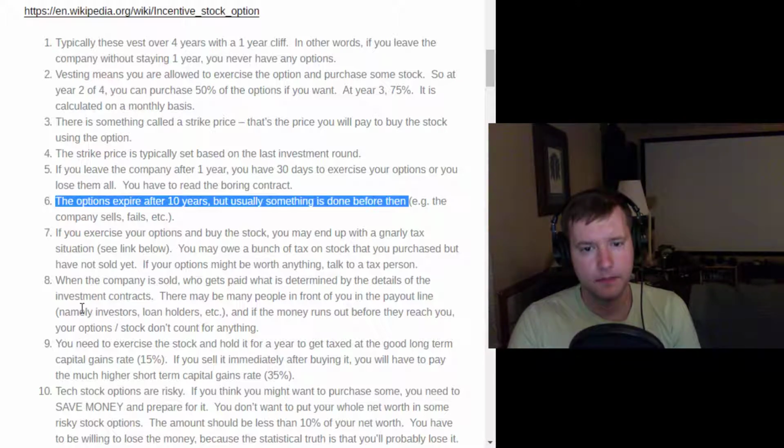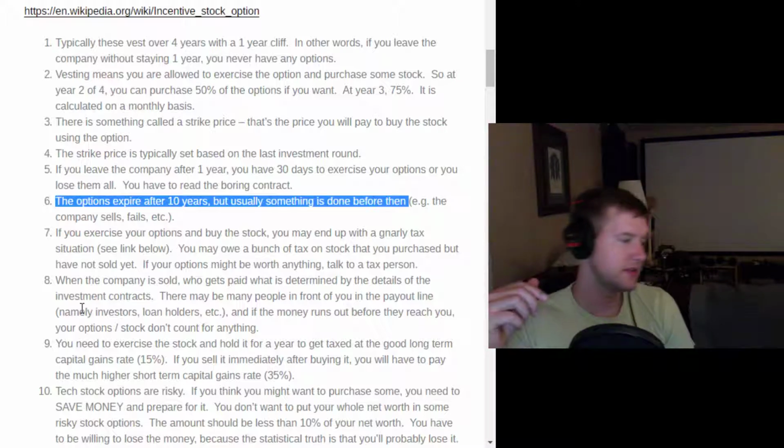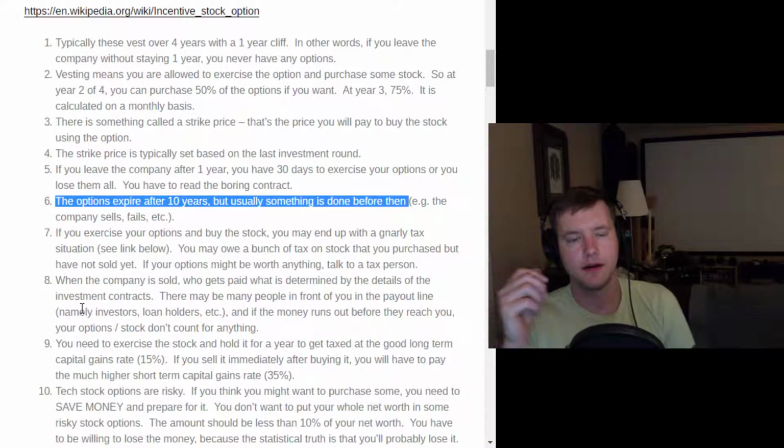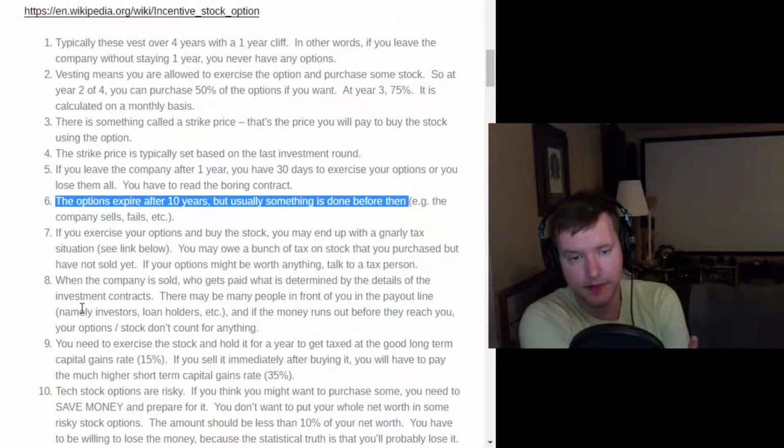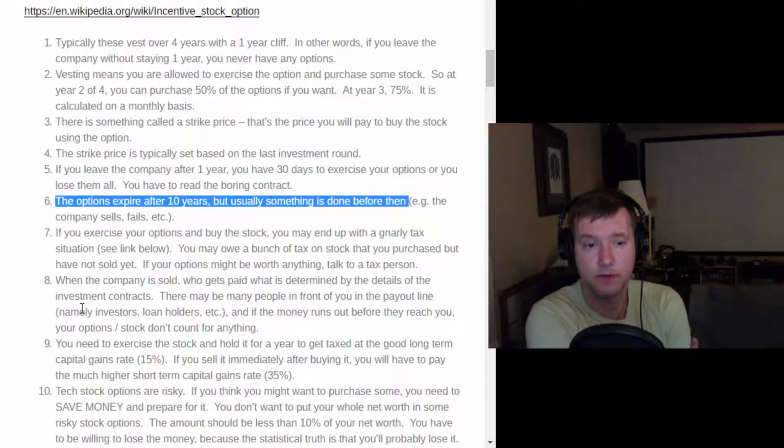All right, so here's a detail about the taxes on the stock that you hold. There are 2 different tax rates for investments. There is a short-term capital gains rate, which I think is 35%, and a long-term capital gains rate, which is like 15 or 20%, 15% for most people, so let's stick with that. What is a capital gain? Well, a capital gain is when stock increases in value. A short-term capital gain is when you hold the stock for less than a year, and a long-term capital gain is when you hold the stock for more than a year.